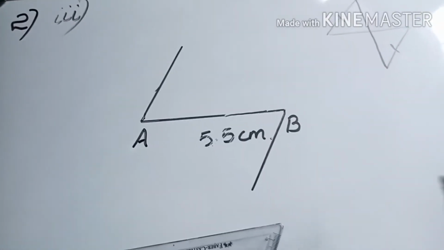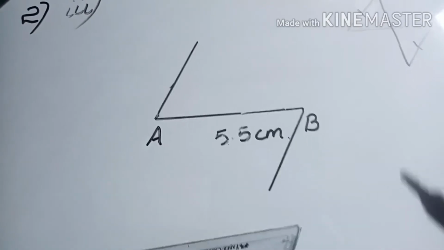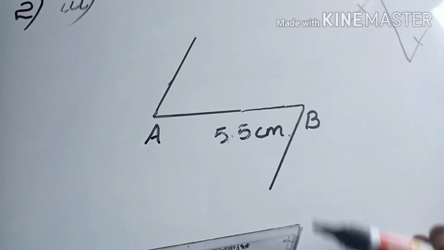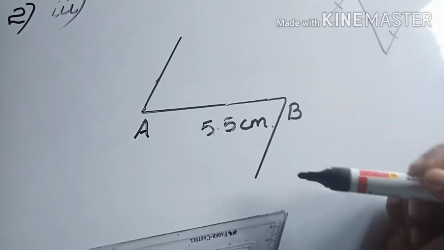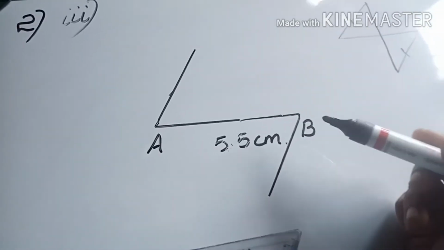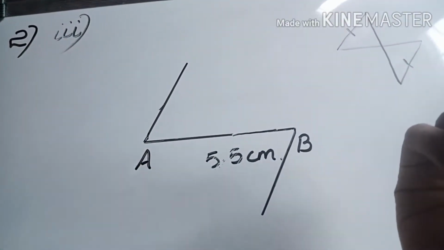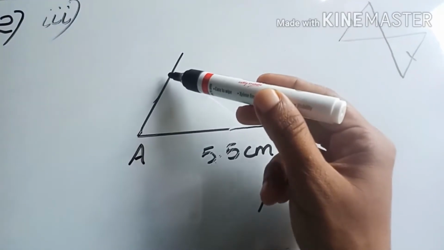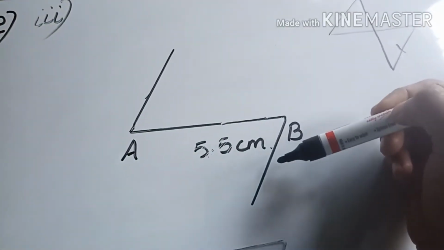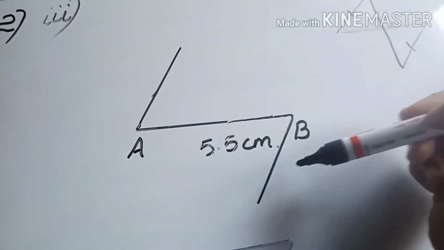Now in the question it is given that these two lines must be equal. Already parallel, because we are using set square, that's why these two are parallel, and we need equal also. So for that, measure equal measurement here and here. Say 3 or 4 centimeter, that's up to you. Any measurement, but if here it is 4, then you have to measure 4 here also. Whatever the measurement here, the same measurement you have to take here also.